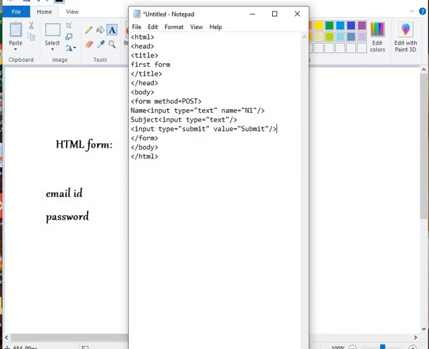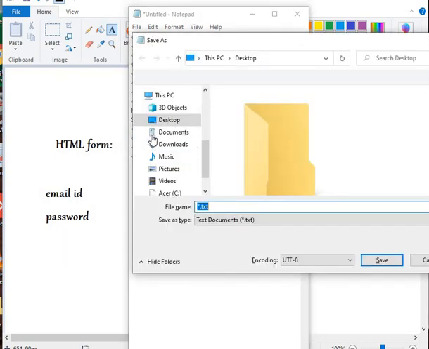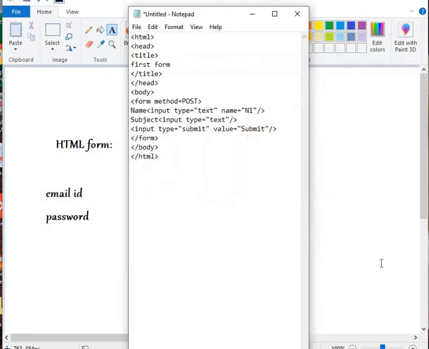Now I need to save this file, so I'll save it on desktop as first form. You can save it as an .html file, and you can also save it as a text file and then try to open it with your browser, but I'm going to save it with the .html extension.